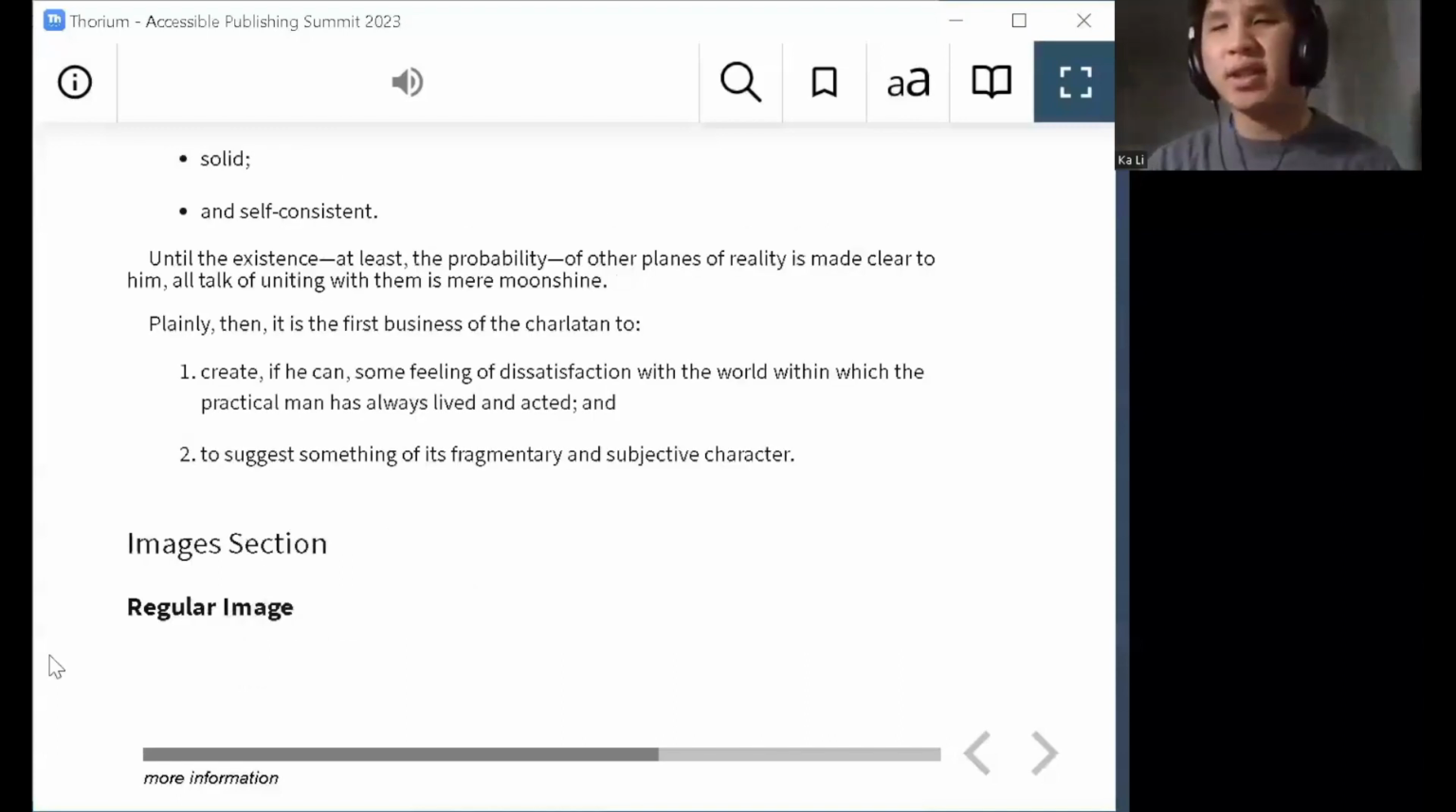List with 2 items. 1. Create, if he can, some feeling of dissatisfaction with the world within which the practical man has always lived and acted. And 2. To set out of list, head list with 2 items. 2. To suggest something of its fragmentary and subjective character. Out of list, heading level 2 image. So here we have 2 items, and because this is a numbered list, we are able to hear the numbers